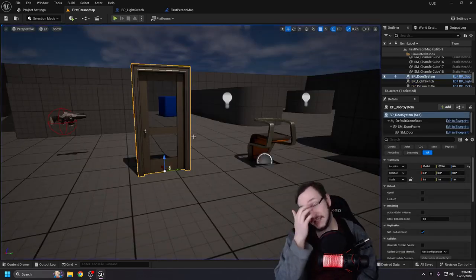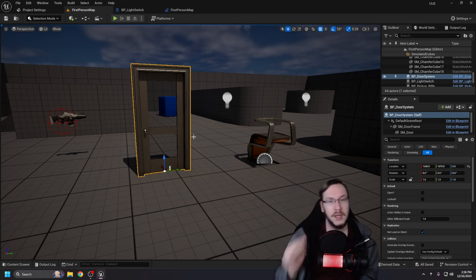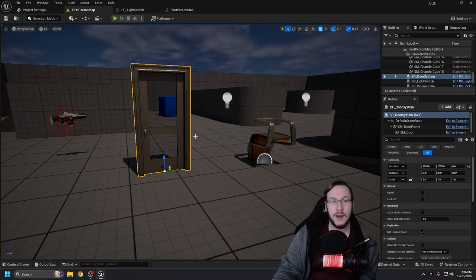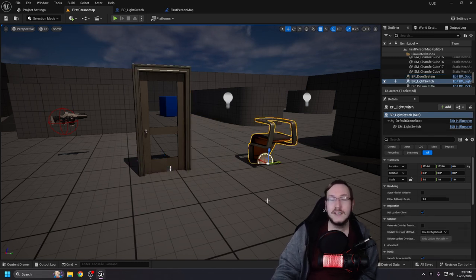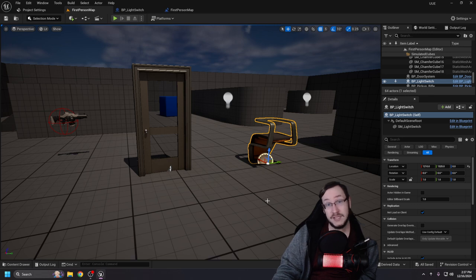So the reason it's important is because it's modular. If you have a bunch of detail lighting and things, you know, your artist goes in there and starts putting lights everywhere or doors everywhere, or you just need like a switch system for your game, this makes it so it's not hard coded. This makes it so if you need it to change depending on the situation, it's capable of doing that. It saves you time, it saves you system memory. There's a lot of benefits to using event dispatchers